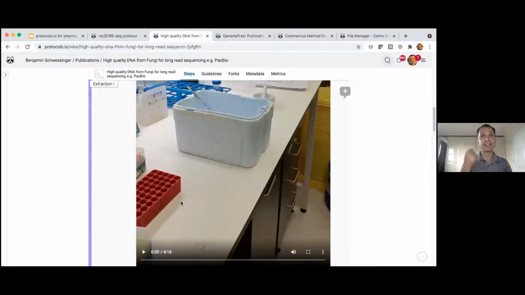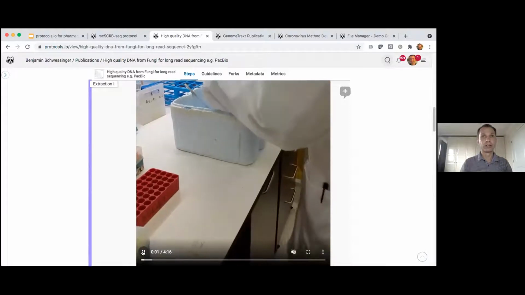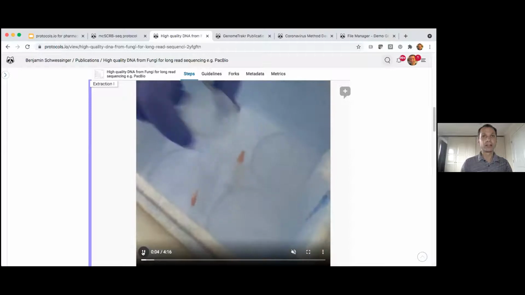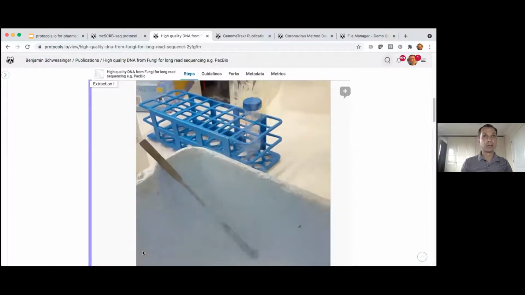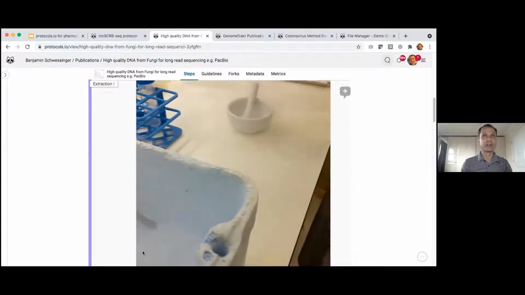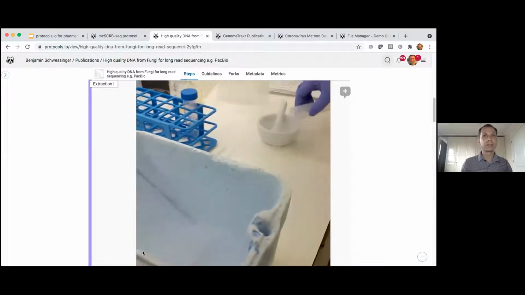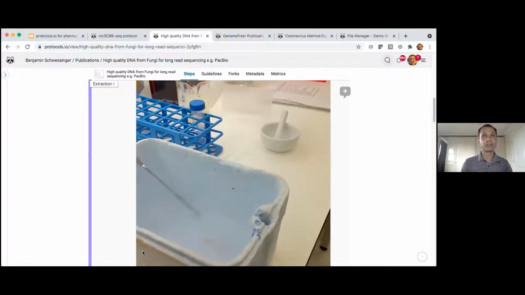So the videos allow you to capture some of the nuances that you might not even consciously think about. But we make it very easy to drop in a YouTube link or take a 10-second, 1 minute, however long you need it, video. In this example, it's 4 minutes with your phone, upload it right into your protocol, and then you or others on your team, when they come in, they can see exactly how you were doing that particular step. So you don't need it for every step of the protocol, obviously, but some of the more nuanced techniques can really benefit from videos.